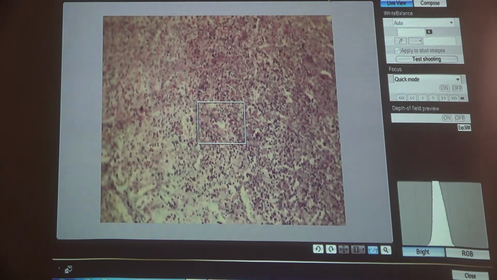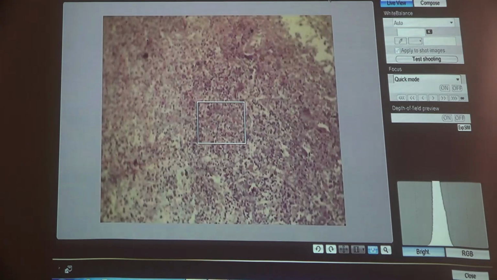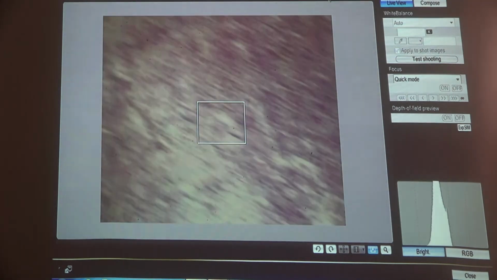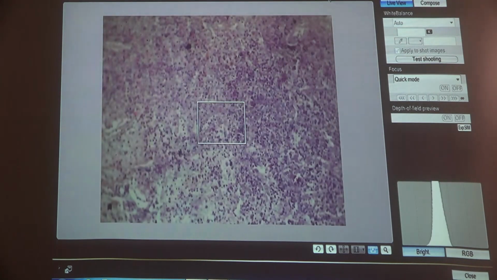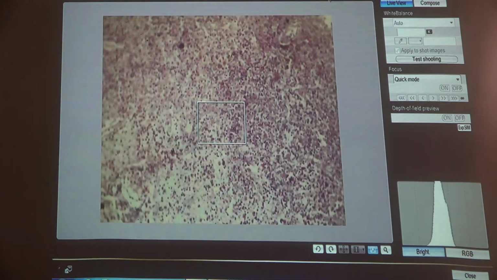This is an example of acute inflammation of the lung, what's called acute lobar pneumonia. Lobar pneumonia, in which there is heavy infiltration of the alveolar spaces with acute inflammatory cells, mainly neutrophils. And in this slide, the stage of lobar pneumonia is the latest stage. It is called gray hepatization of the lung parenchyma,